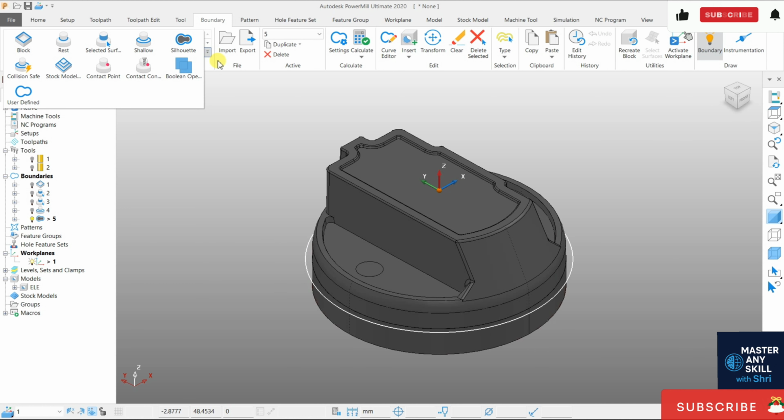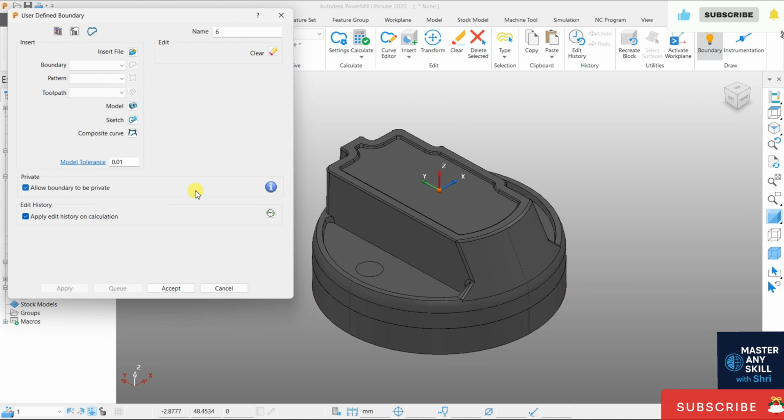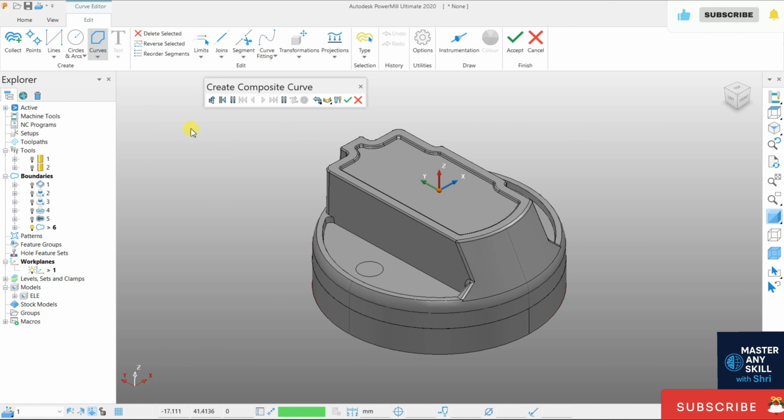Okay, and next is user define. So user define is very important, and most of the time we can use this user define. It depends upon your selection, right? So let's see how to use this user define. In user define you can select some previous pattern or any toolpath, right? Or you can use this composite curve, select this composite curve, and I want,